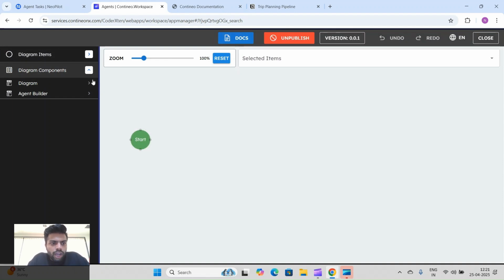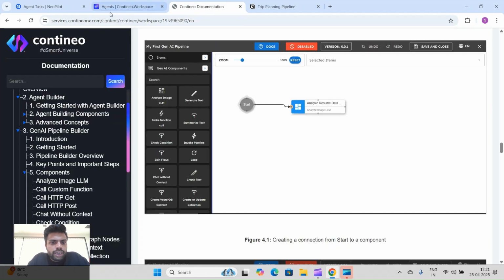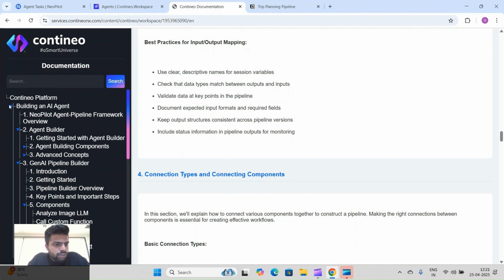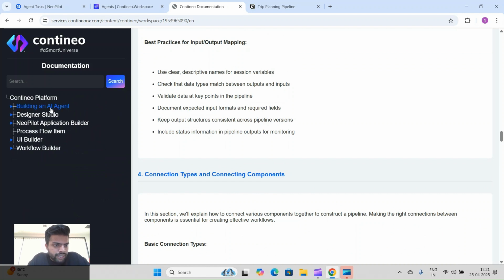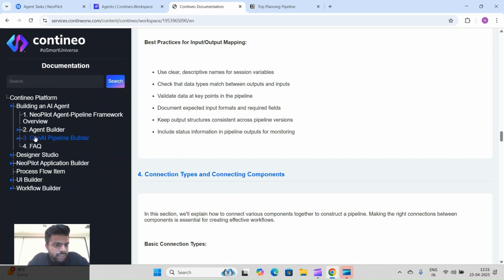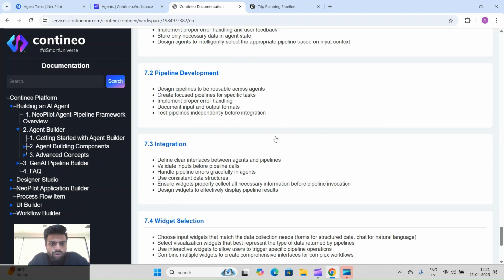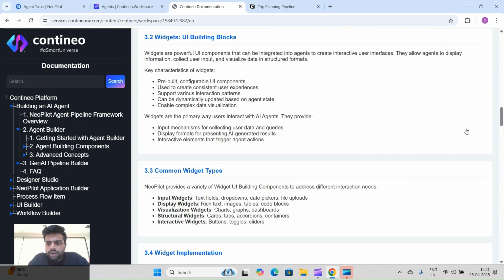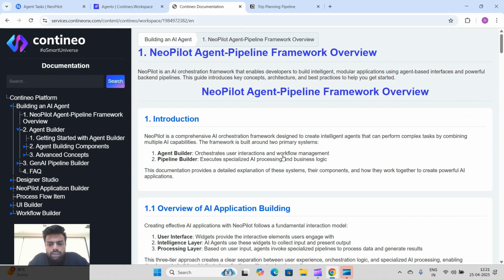As I told you about the documentation, if you click on this button, you will get redirected to the documentation section. Here we have a separate section called building an AI agent. In this, there are two main sections: agent builder and GenAI pipeline builder. First, you will get a main walkthrough about our framework, like what agents are and what pipelines are.